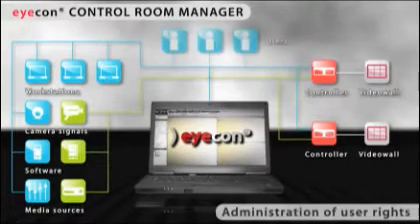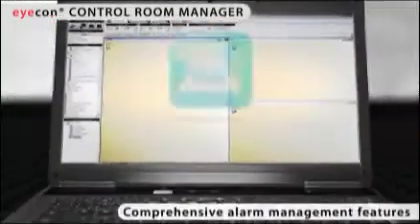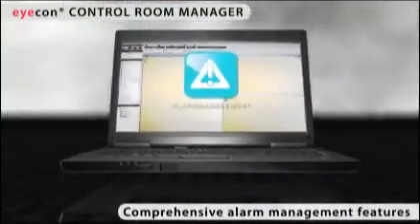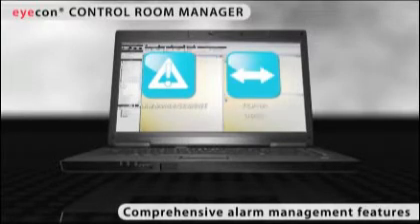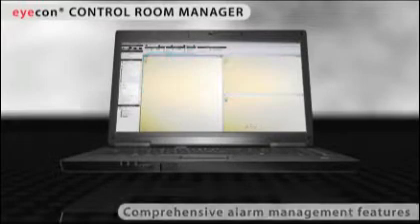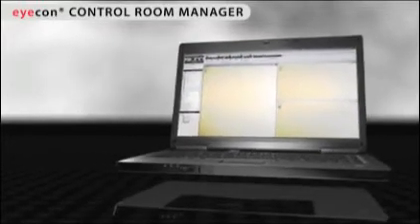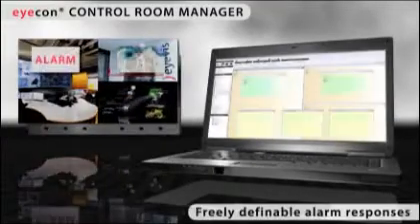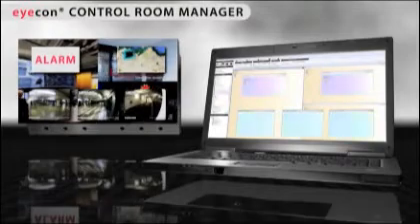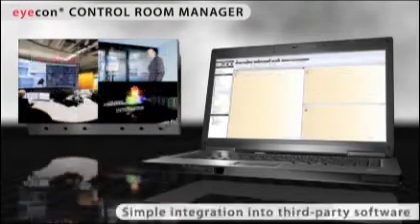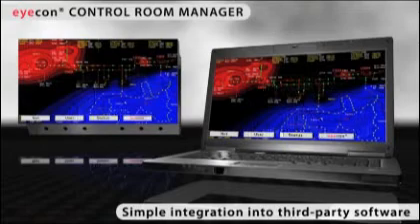Depending on the particular version, Icon can be accessed by a different number of users who can be assigned individual user rights. The alarm management function of Icon allows communications from other systems to be received. Via TCP/IP, ODBC and RS-232, all current network protocols are recognized by Icon and can be linked to reactions of your system. The open software architecture allows the integration of the functionality of the Icon interface and programming in systems or applications of other providers.